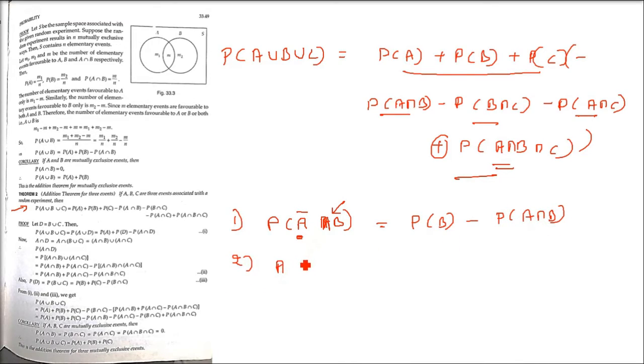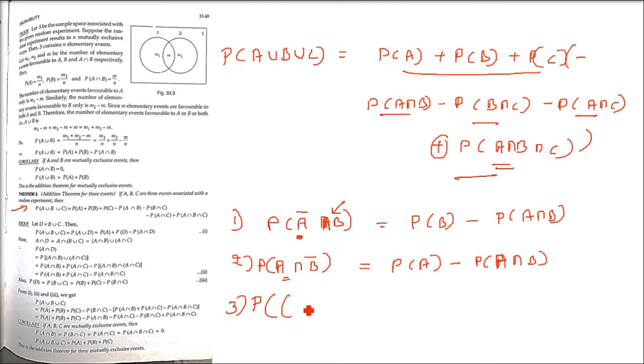The second one, we are just changing A and B. This is the probability of occurrence of A only. That is, B is not happening, only A is happening. With the same analogy, it is P(A) minus P(A intersection B). The third one is the probability of occurrence of exactly one of the two events. Exactly one of the two events will happen.